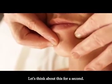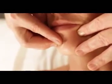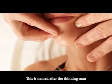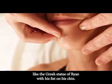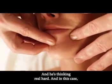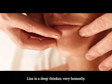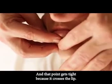Gosh, let's think about this for a second. This is the very last muscle in the whole head, neck, and face course. So here it is, the last one. This is the mentalis. This is named after the thinking man, like the Greek statue of a guy with his fist on his chin, and he's thinking real hard. And in this case, Lisa is a deep thinker, very honestly,